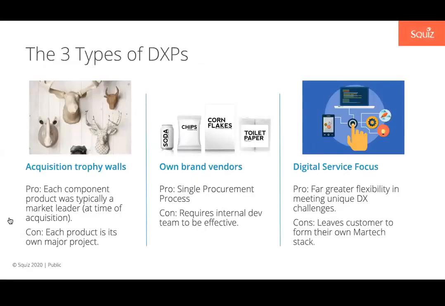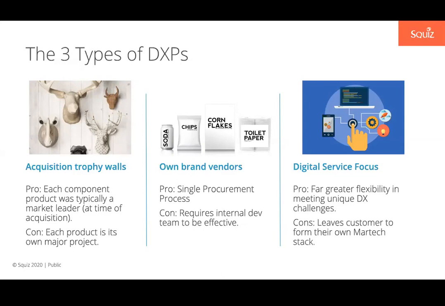So there are really three types of DXP platforms out in the market at the moment. And this is probably the three types that there have been for the past 10 years, and they'll probably continue to be the three types of DXP platforms that we'll continue to have. So the first is the acquisition-focused DXP platforms. So these are big, deep-pocketed organizations, big global brands that have the purchasing power to essentially acquire one of each product. So they're going to go out, they'll acquire all the different vendors in, say, the marketing space, and they will then offer that in a gift basket that can be purchased in a single procurement process.